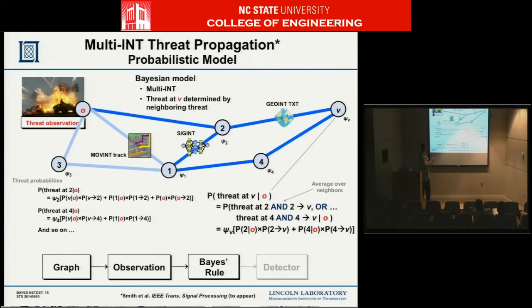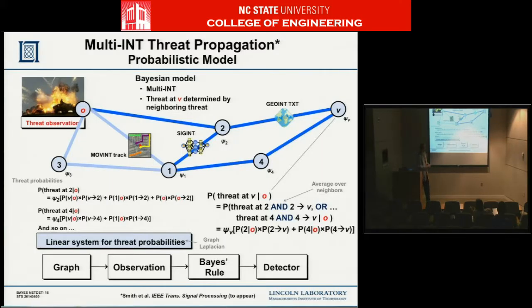And now, for all other vertices in the graph, it's the exact same logic. So the probability of threat at 2 is its neighbors, which are 1, V, and the observation. And at 4, it's 1 and V. And you just go on, so on and so forth on down the line. And so what I'm doing here is I'm building up. You start with a graph, give an observation, you apply some Bayes rule. And so on, it isn't a very good algorithm.